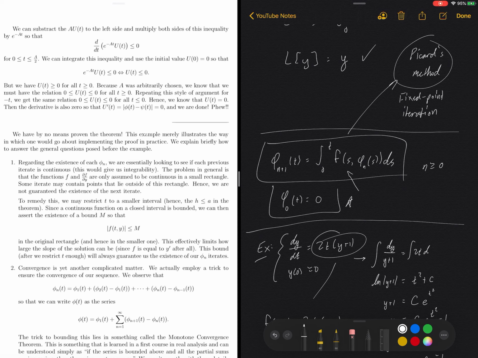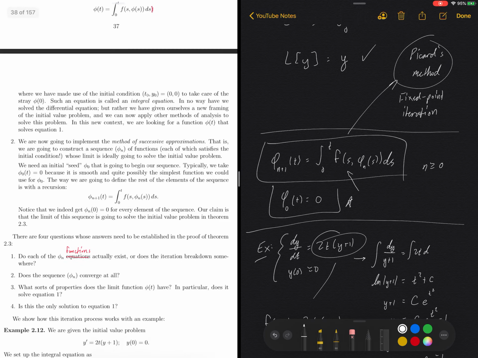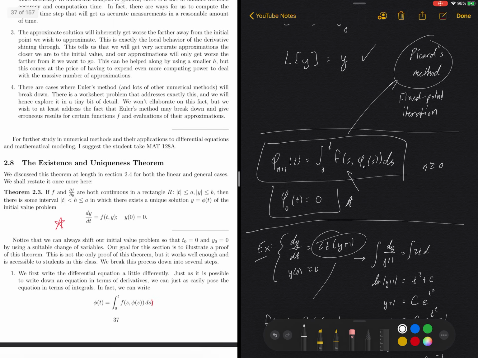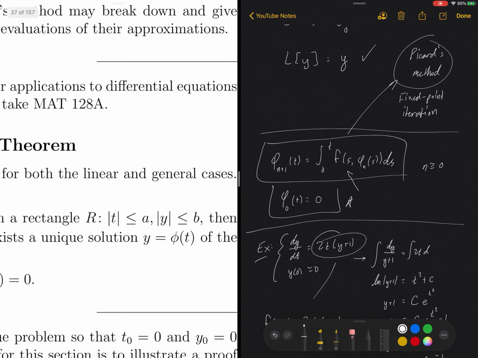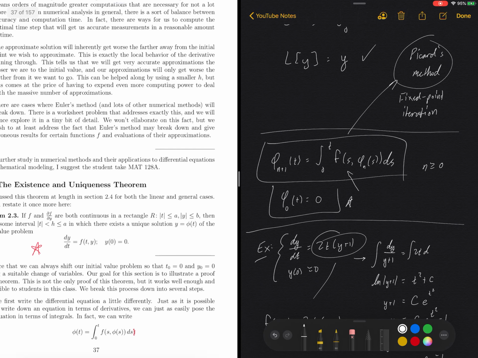But we do have to be a little bit careful, because this f is only defined to be continuous in a small open rectangle. So some iterations might actually eventually lie outside of that rectangle. So we are not guaranteed that each one of these phis actually does exist, because there's a problem with the f, potentially. So in order to fix this, we can restrict t to a smaller interval than what the theorem's